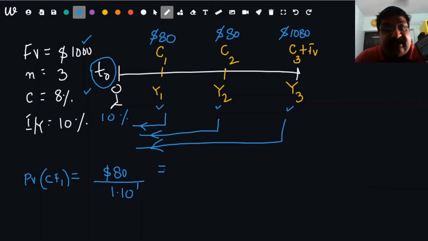You will have your Texas BA2 Plus calculator taking 4 decimals as appropriate. What I am going to do is I am going to find out the present value of the first year cash flow, which is 80 divided by 1.1, which is $72.7273, and I'm going to put that here,